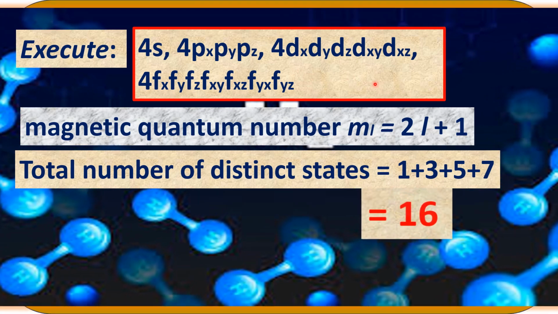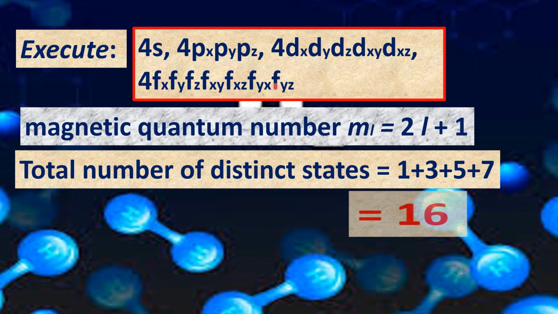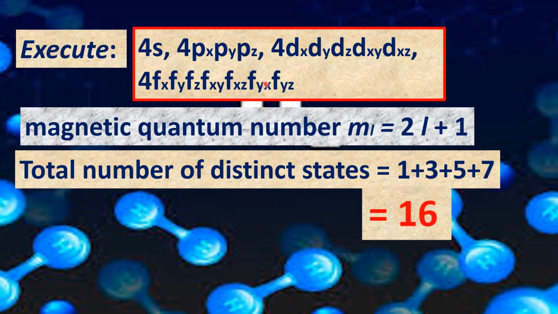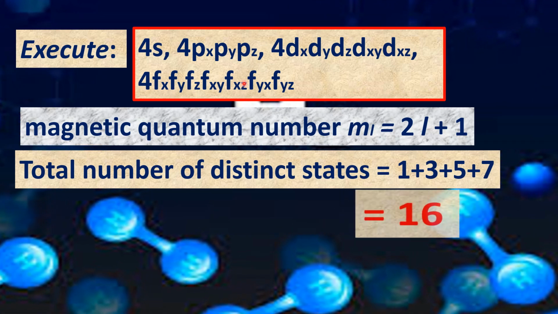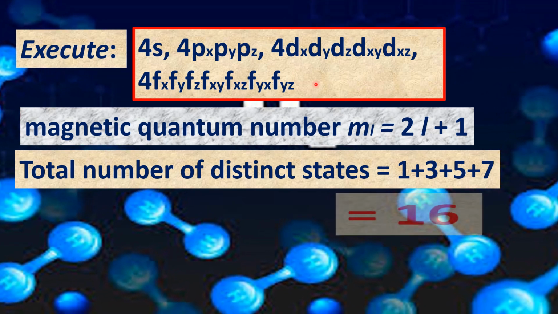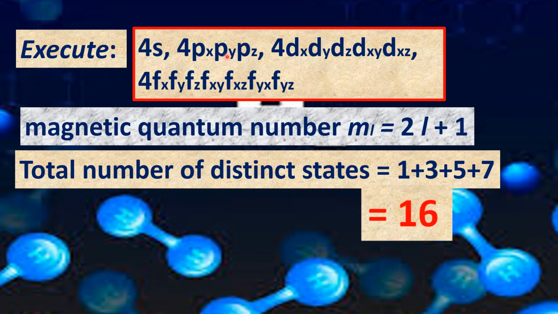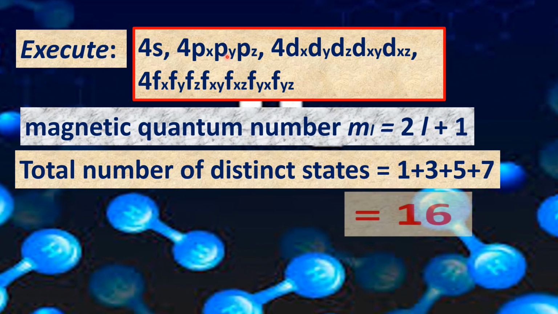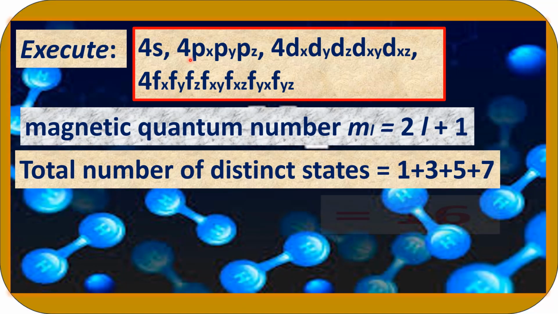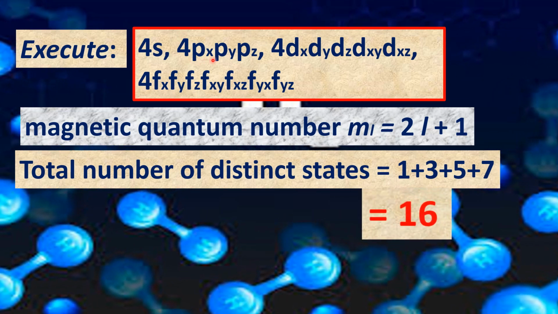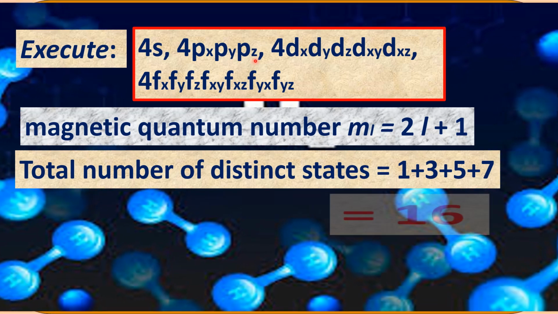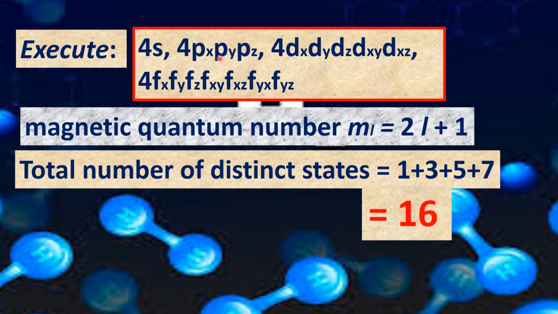So we are referring to the fourth energy level, or quantum number n equals 4. The distinct orbitals or states can be labeled as 4s, 4px, 4py, 4pz. In short, there are three